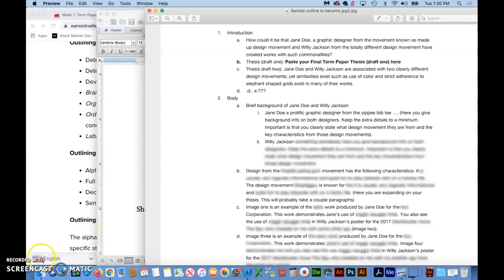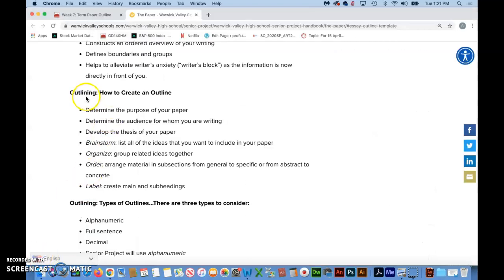One last point from the website under outlining, how to create your outline. We've talked about most of this stuff, but when you're having trouble writing the actual paper, brainstorming is your best friend. Just start writing and writing and writing. If you're a faster typer, type it. Otherwise, just do it by hand. Don't judge yourself. And then when you've written like 5 pages, that's when you go back and look and see, do I have some good material here to write about? And then ask yourself how you can organize it and make it great.